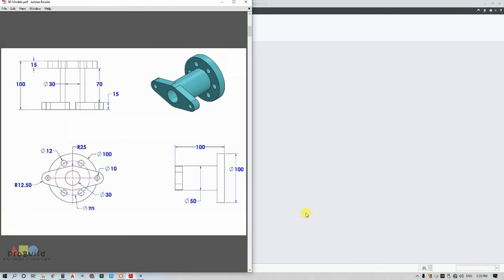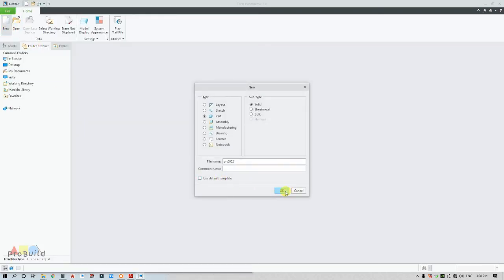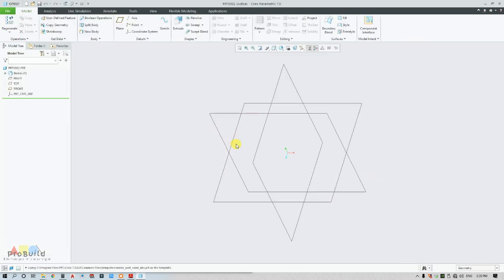In today's video we'll be seeing how to draw this part, and just before going into that we need to have some drawing study. To draw this base part we need to start with this right side view, and all the three data has been given, and the extrusion height is 85 and above is 15, so that it gets tallied with 100. I'm going to start with a new part, MMNS part solid absolute.